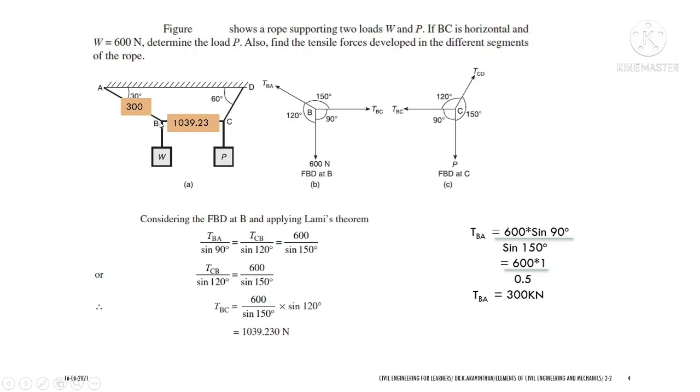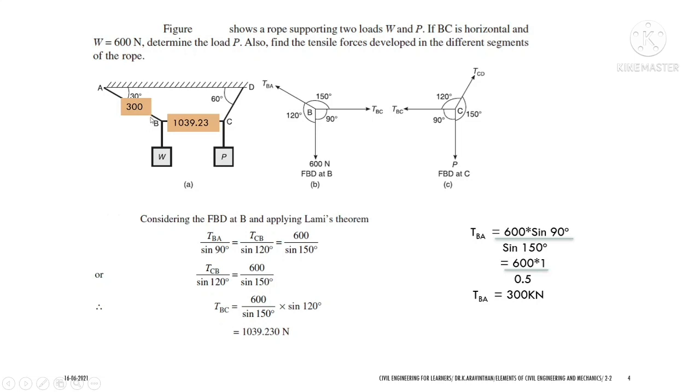In a similar way at the junction B also, if an angle is given, say for example, you know that from BC to the force W you have a 90-degree angle. If you have an angle of 30 degrees here, you can extend a line, and the opposite of this line will have the same 30 degrees.